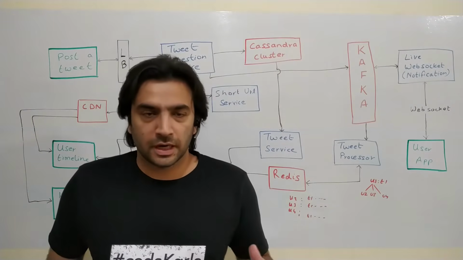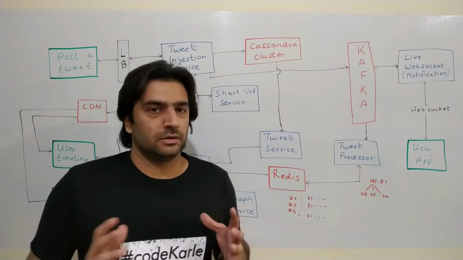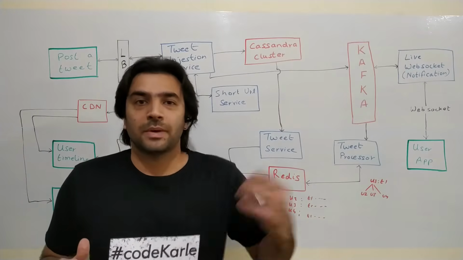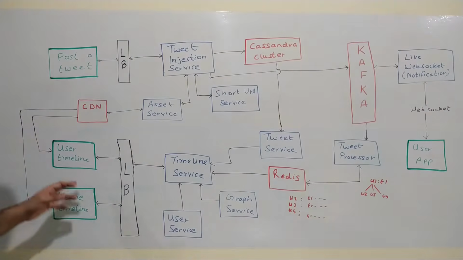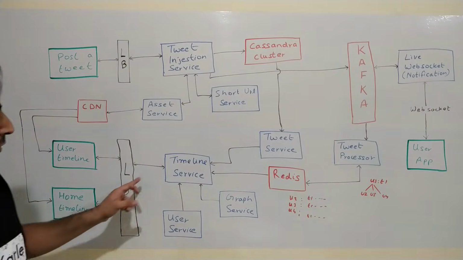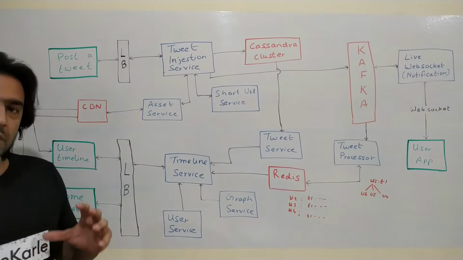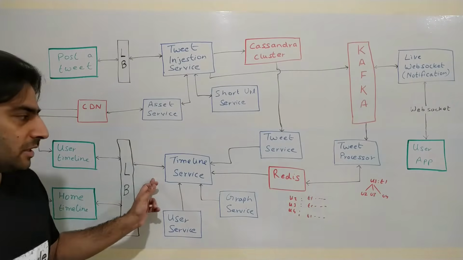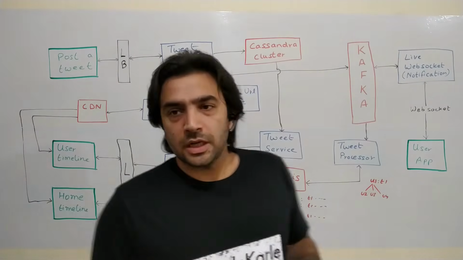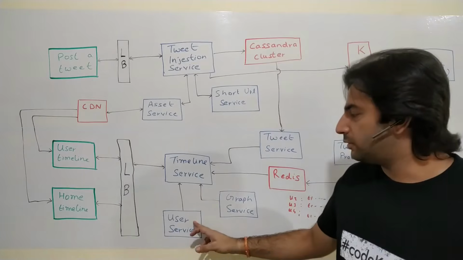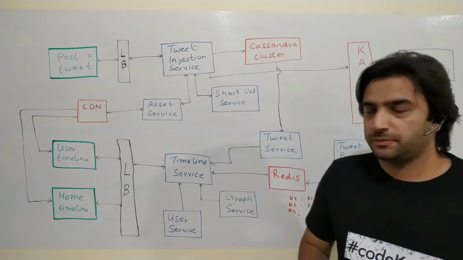Now that is one side of the problem. If we list down what happens for each user, for all the active users, all the data is in Redis. Now what happens if a passive user comes in? How does that passive user see their timeline? In that scenario, all the requests for this timeline will come to the timeline service. The flow is that these are the UIs through which the users will request. Those requests will come to the timeline service. The timeline service queries Redis for all the active users. It is easily able to figure out who the active users are by querying the user service, which anyway has a user-to-type mapping in its own cache. Remember the previous section.